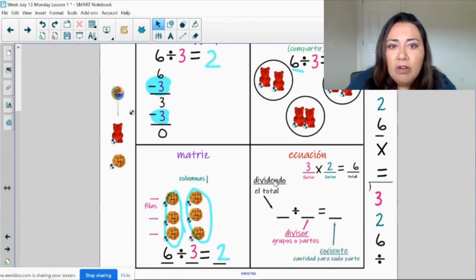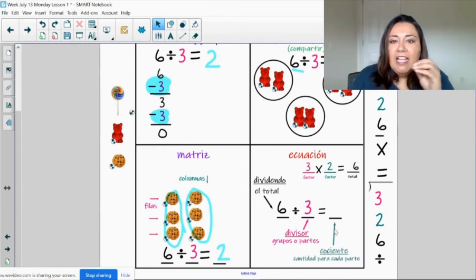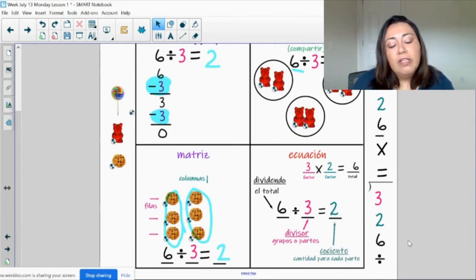Entonces, en la división, empezamos con el dividendo. En este caso, el dividendo es 6. Y luego tenemos que saber cuántos grupos o partes hay, en cuántas partes vamos a dividir. En este caso, nuestro ejemplo es 3. Entonces, 6 dividido por 3 es igual al cociente. Pueden decir cociente, y no estoy hablando de nada en la cocina. Cociente es la cantidad que le toca a cada parte. ¿Ok? Entonces, aquí en este caso ya sabemos, después de 4 ejemplos, 6 dividido por 3 son 2.